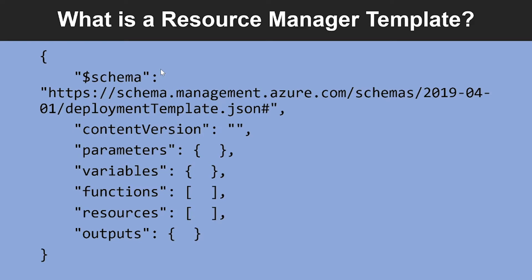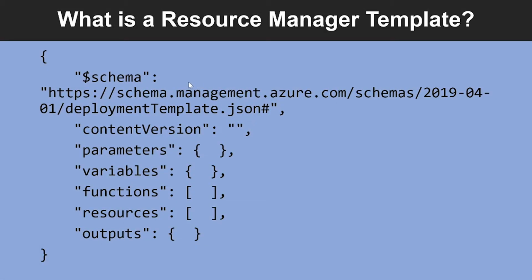Now let's look into what a Resource Manager template is. This is example code to give you a sense of how each section of the template is structured. You use JSON to send data between server and web applications. JSON is also a way to describe how applications and infrastructure are configured. And JSON allows us to express data stored as an object in text. A JSON document is essentially a collection of key value pairs, and each key is a string, and its value can be a string, a number, a Boolean expression, a list of values, or an object.